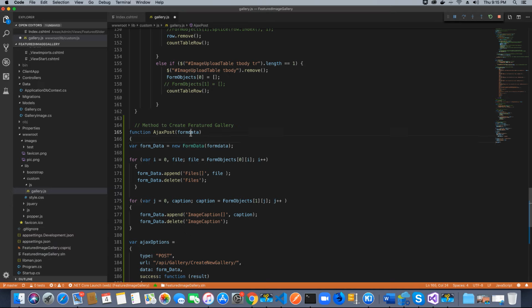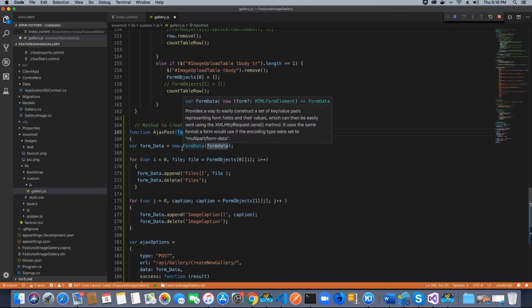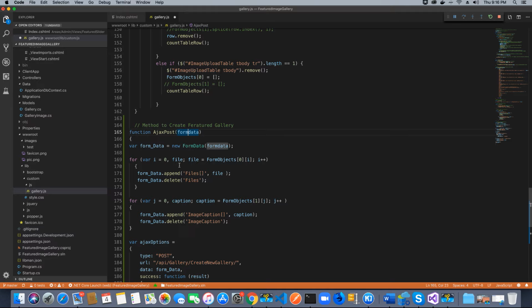What we are doing is passing the form data to this object. We cannot directly edit the data that we are receiving from the form submission. Therefore, we need to make a copy of that data and edit the copy of that data. So to make a copy of form data, we need to create a FormData object, and therefore we are making use of the FormData class and creating an object and passing the values that we are receiving